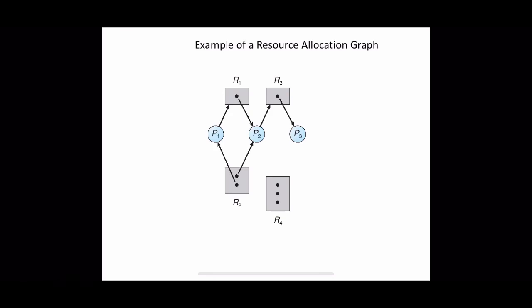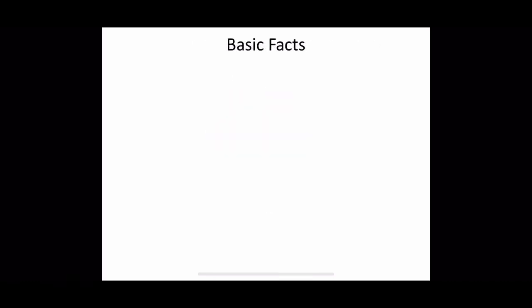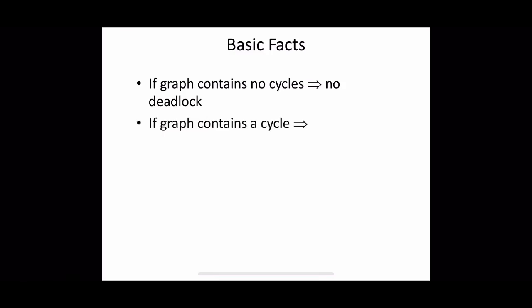So we can see which case we are sure about and which case there is a chance for deadlock. So these are the basic facts. If the graph contains no cycles, that means there is no deadlock in the system at present. And if the graph contains a cycle,